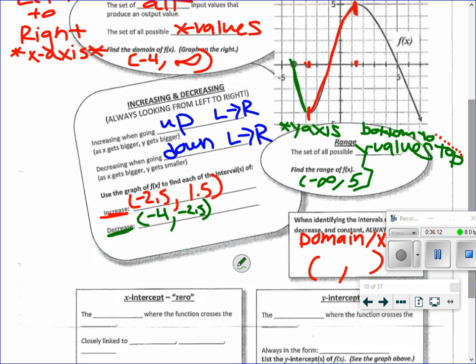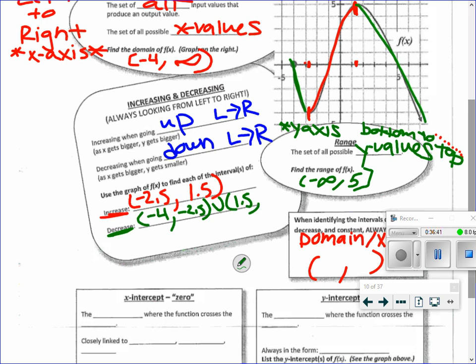And then I'm also decreasing on this part of the graph too. So I have another part where I'm decreasing, so what do I use to show that I have another interval coming? Yeah, the U, the union. For some reason, that's one thing no one will ever forget. So then we pick back up at that x value of 1.5, and we are decreasing all the way until